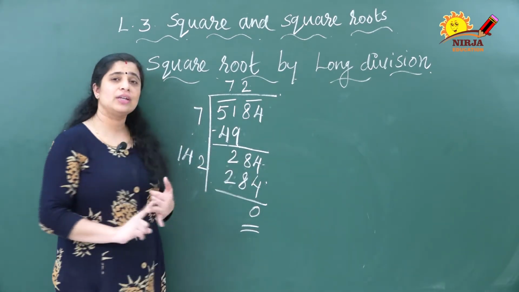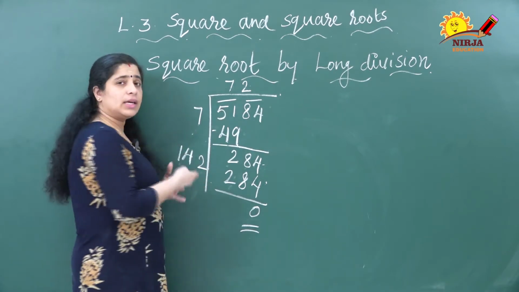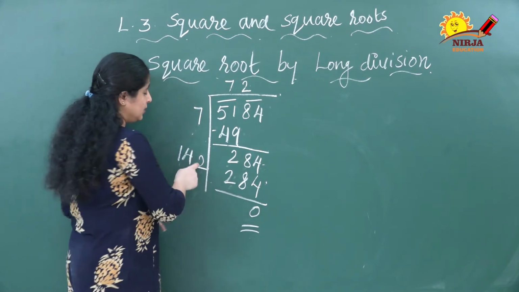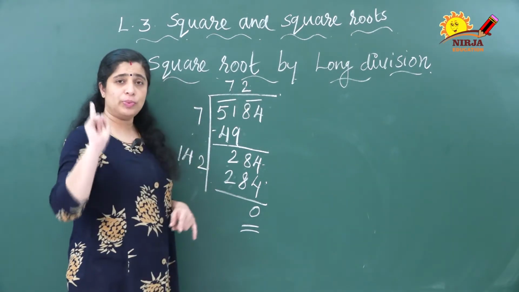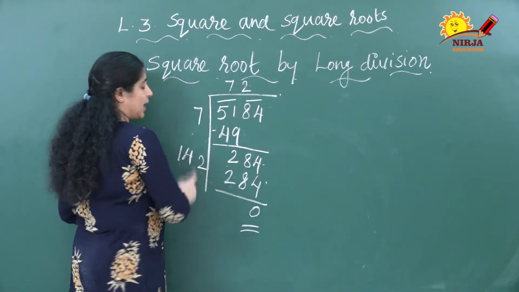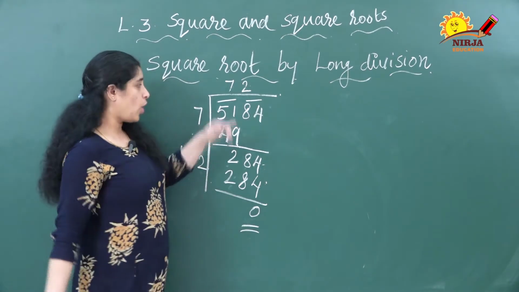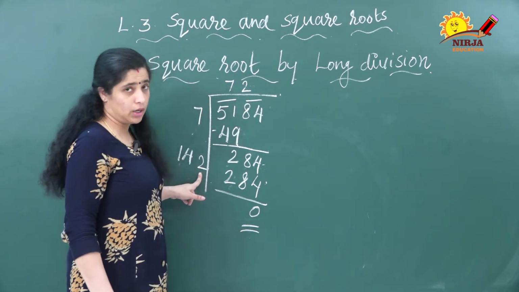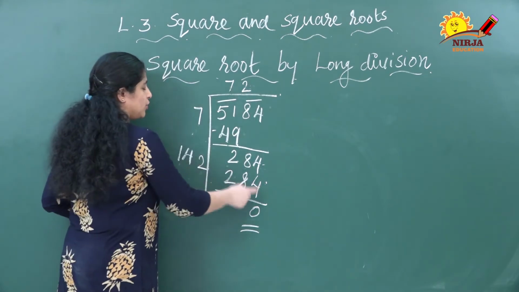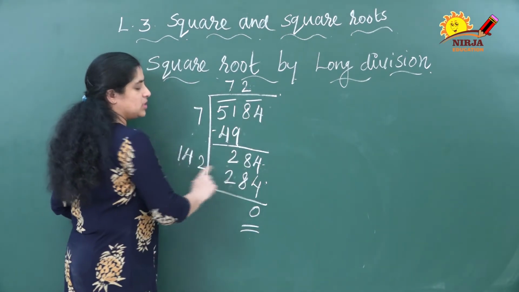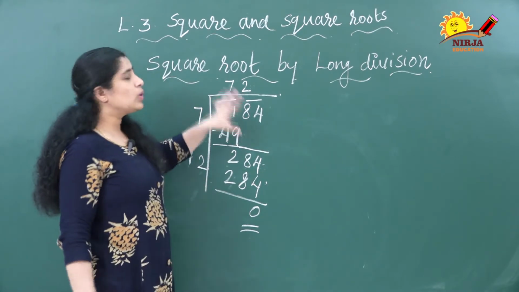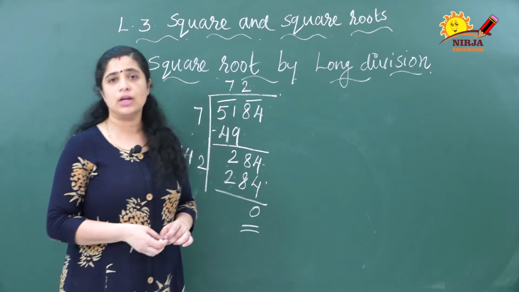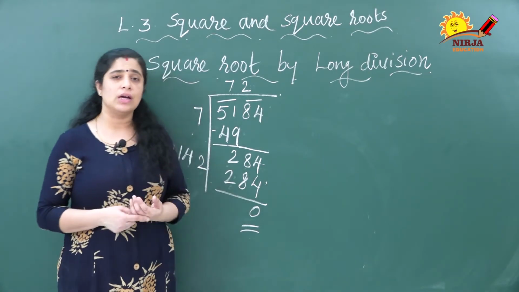So first I checked it with 2. So when we are taking 2, you can see that you are getting the number. You should be careful that this number and this number should be same. You can't take here 2 and here 3. That will be wrong. If you are taking 2 here, you should take 2 here also. So 2 2s are 4, 2 4s are 8, 2 1s are 2. Like this way you can find the square root of a given number by long division method. We will discuss with another example.